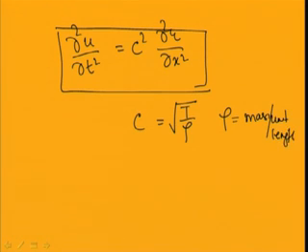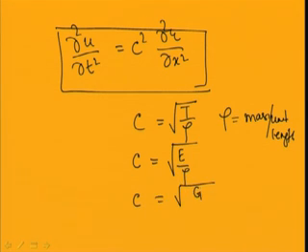In case of longitudinal vibration of rod, c equal to root over E by rho, and in case of torsional vibration of rod it is equal to root over G by J. So, in all these cases you can check that the c represents a velocity term,